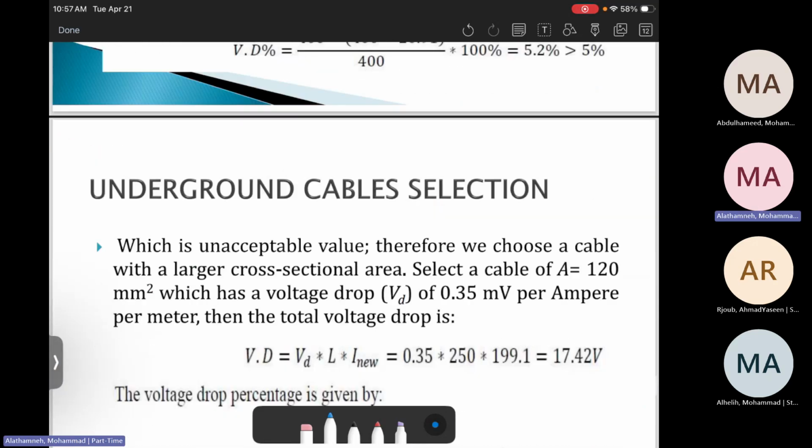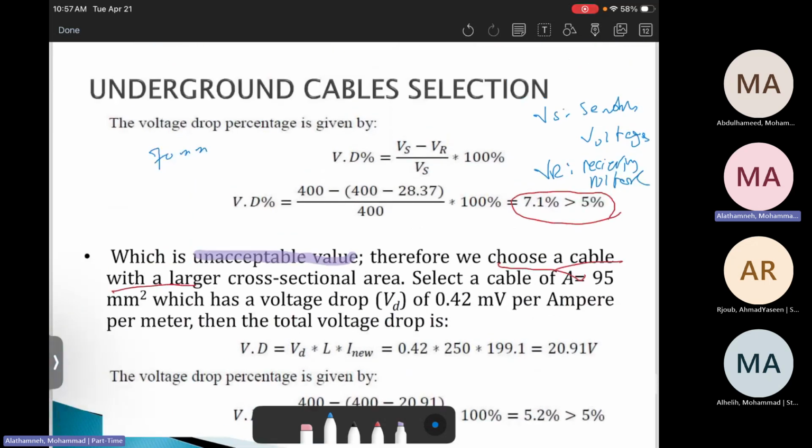This will be insufficient here. Therefore, in order to overcome this, let's increase the thickness. By selecting the cable size 95 millimeter square, which has a voltage drop of 0.42 per ampere per meter, we can calculate the voltage drop as VT times L times I nu,